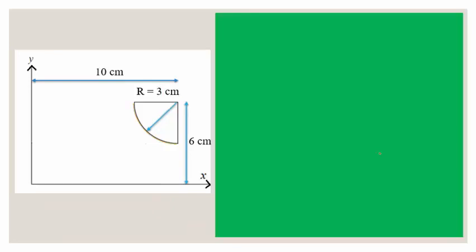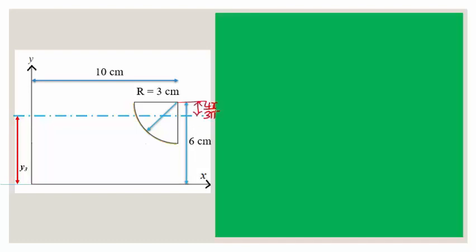Okay. So next, to locate the centroid of the quadrant section along the y axis, we need to fold this quadrant along the y axis. So the centroid formula for the quadrant along the y axis is 4r by 3 pi. So the centroidal location of this quadrant section is located at 4r by 3 pi distance along the y axis from the corner point. Okay, so this is 4r by 3 pi. But to calculate y3, we need to consider the distance of the centroidal location from the reference axis. Okay, so this is y3. The distance of the centroidal location from the corner point of the quadrant is 4r by 3 pi.